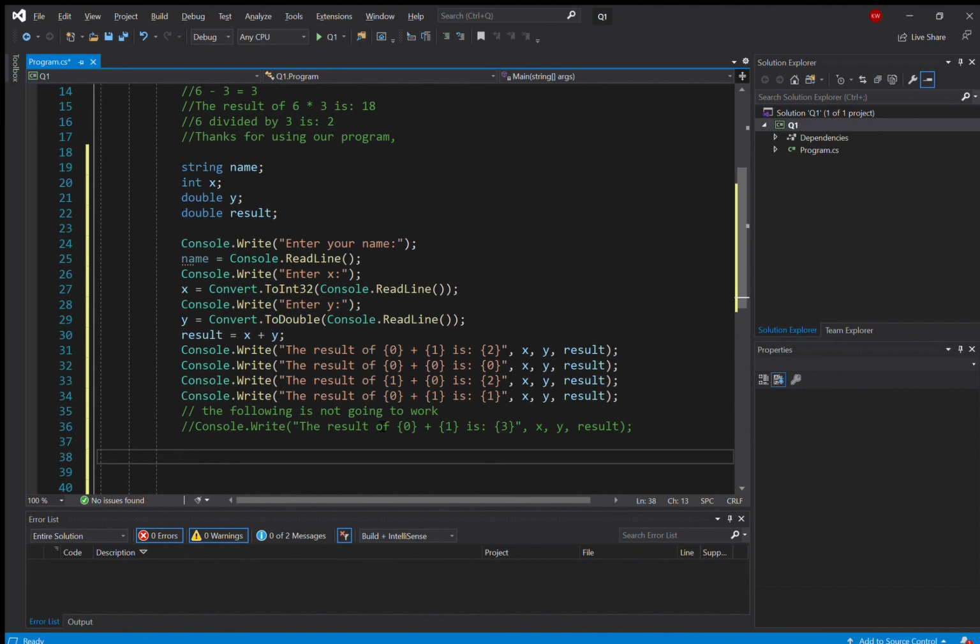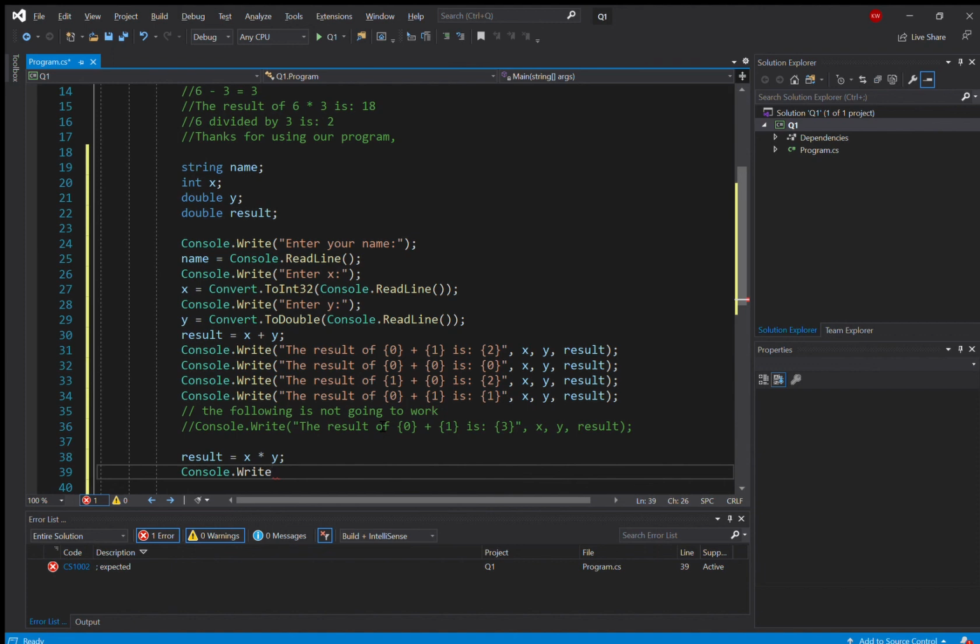Now, I want to do another calculation. Result equals x times y. And this time, I'm going to use the string concatenator to display the message. So console.write, the result of